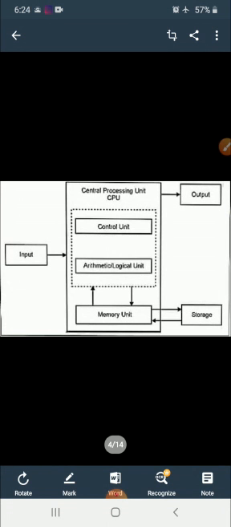Basic organization of a computer. A computer system has three important parts: input unit, CPU, and an output unit for performing different functions. The input unit is formed by attaching one or more input devices to a computer. A user inputs data and instructions through input devices such as keyboard, mouse, etc. The input unit is used to provide data to the processor for further processing.